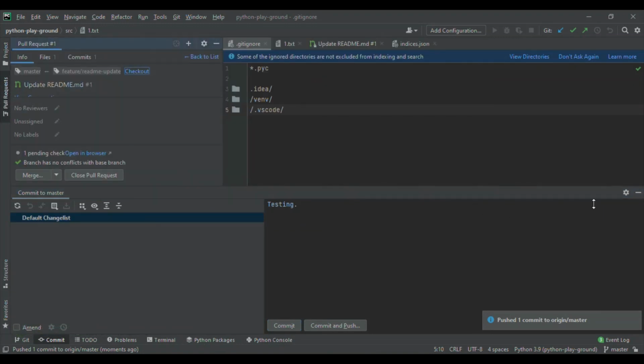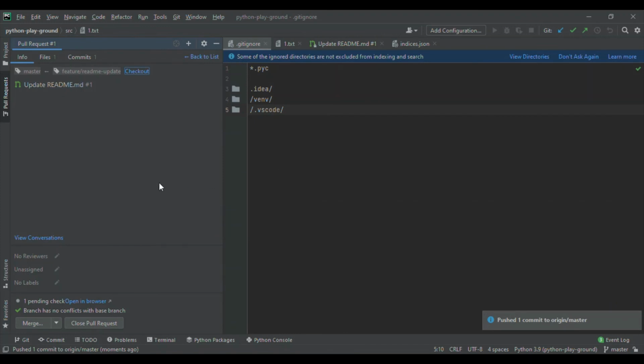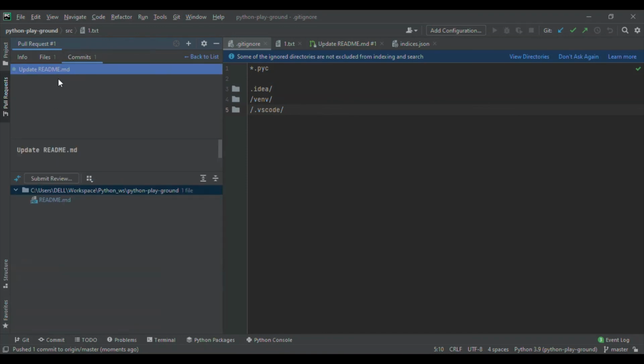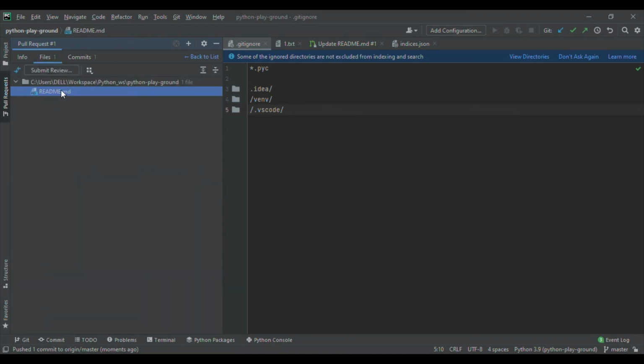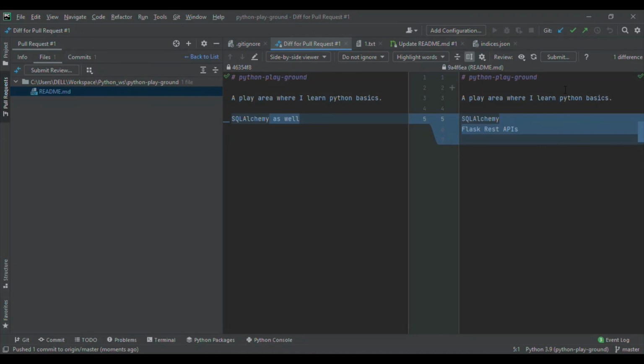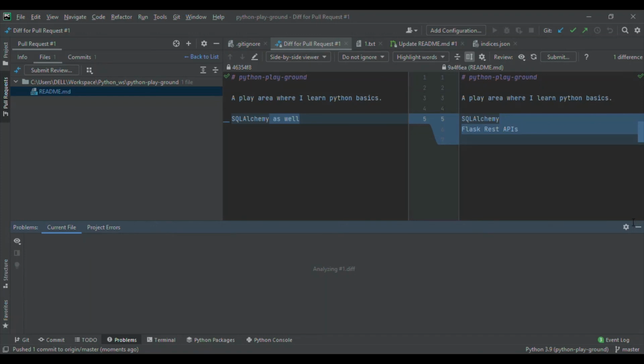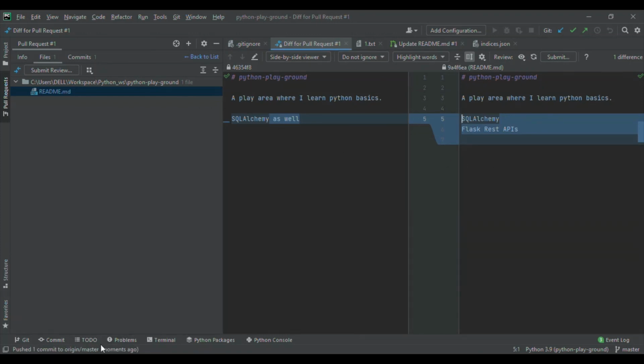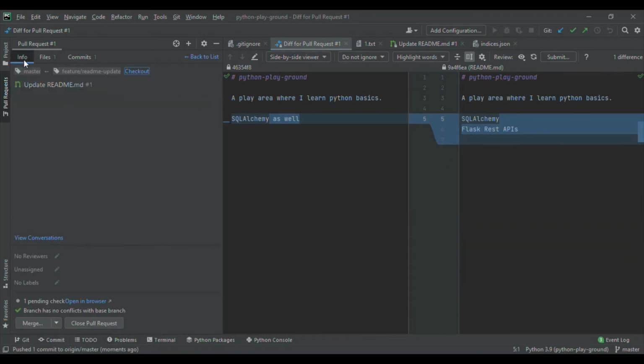Let us see what I can do for this existing pull request. Okay, files have been changed. This file I have taken. Okay, I'm going to approve this. I can even check out this particular branch and validate it.